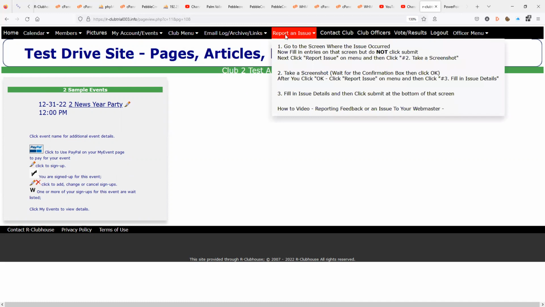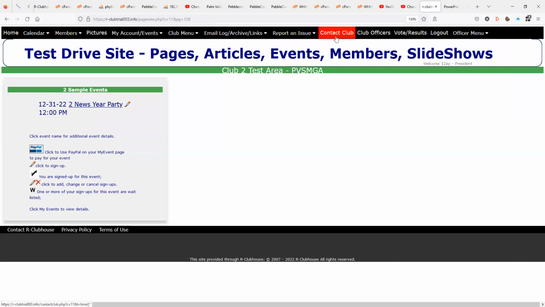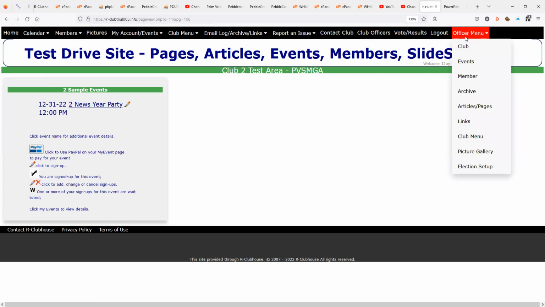This is the choice that I mentioned earlier for report an issue. And first of all, there's another video there that tells you the 3 steps that you can take in order to do that, and how to contact your club and the club officers for this environment. And there's a new vote and results choice that you have, which is very secure. And so we've added that to your capabilities in this environment. Lastly, log out, if you want to log out of here and then come back in again. And then there's the club office menu, where in your choices, this will be grayed out, but everything else will